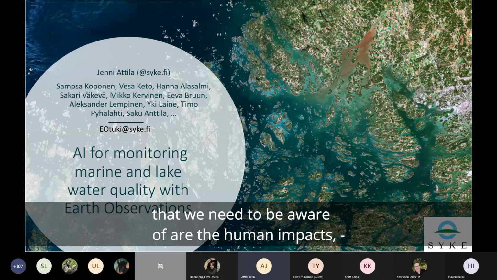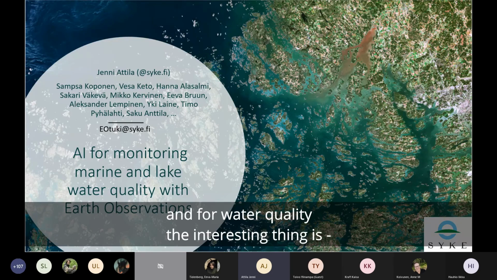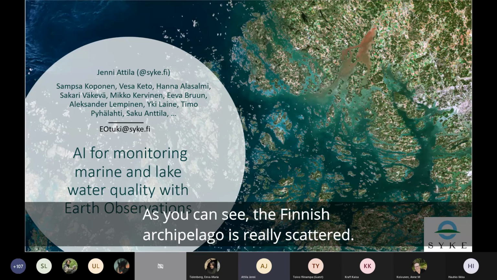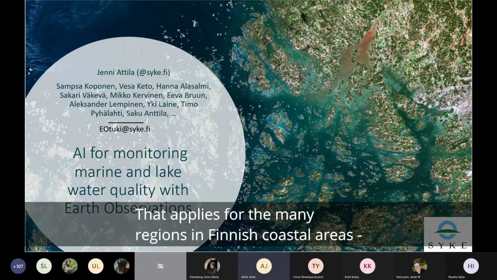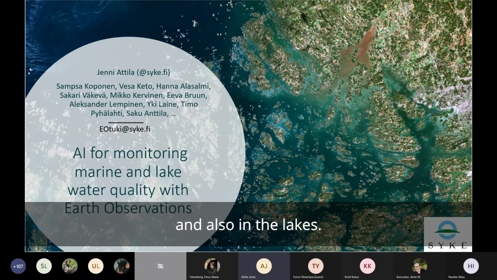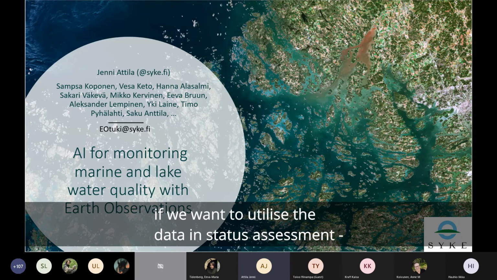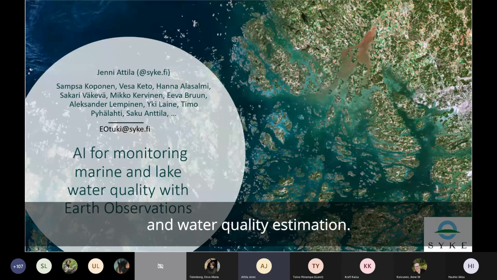the human impacts, and for water quality, the interesting thing is also how the drainage basin influences our coastal waters. And as you can see, the Finnish archipelago is really scattered. That applies for many regions in Finnish coastal areas and also in the lakes. And that's why we need really high resolution satellite instruments if we want to utilize the data in status assessment and water quality